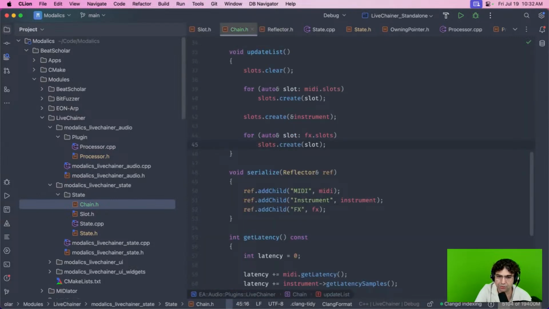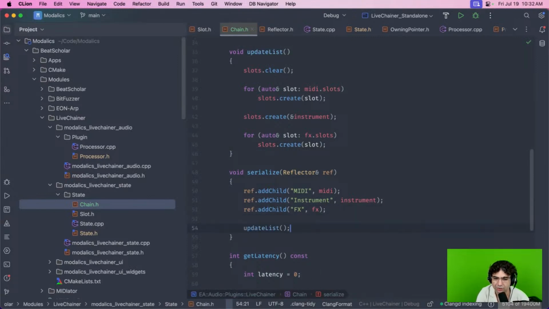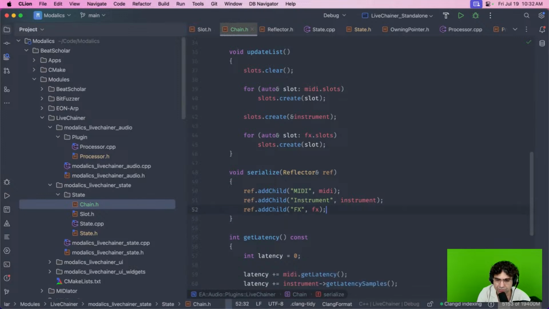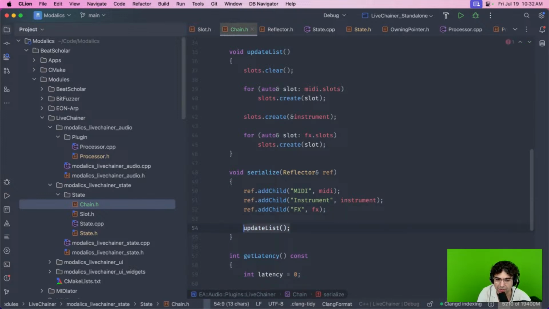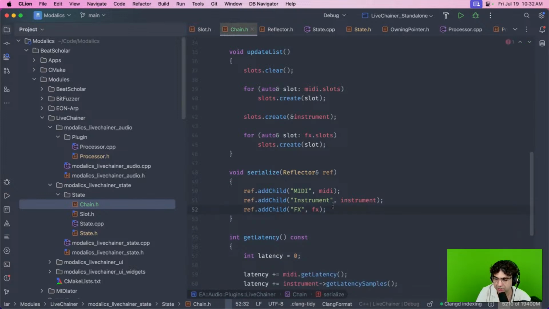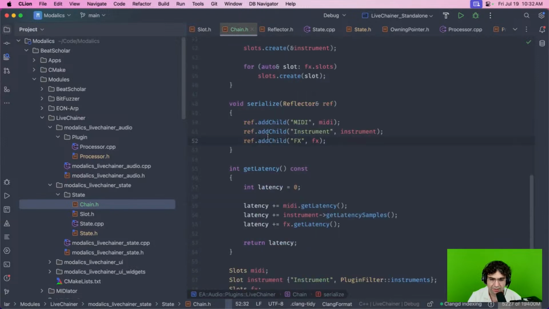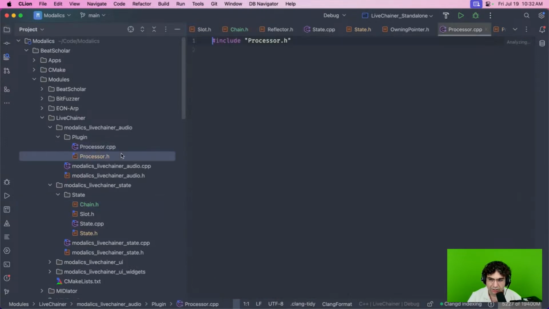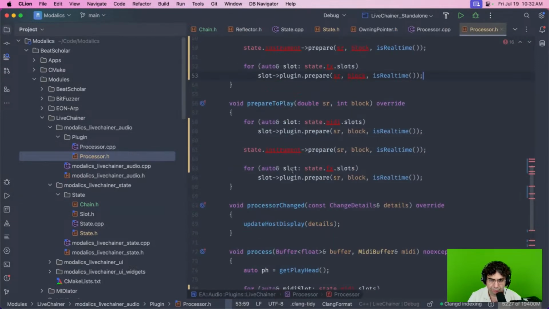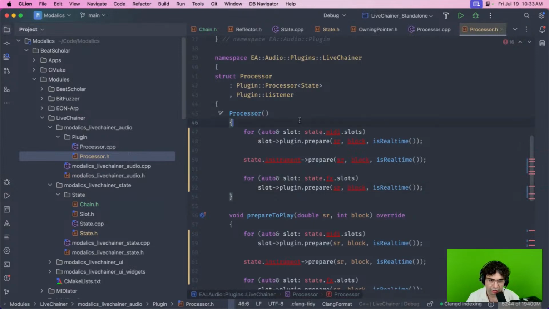I need to think about this because if I allow this thing, it's possible that, for example, between versions, I'll need to do this again, and this might create threading problems, which I need to think about. But I'm just going to start with this. So on the constructor of the chain, I'm calling to update the list, and that means that in my processor, I can simplify a lot of these functions because I can do something like